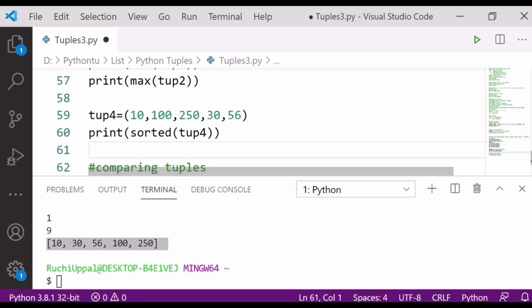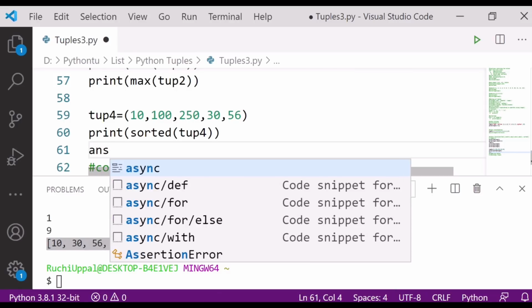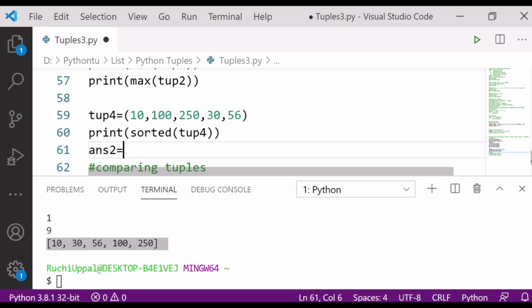So how to use it, just suppose I am writing here answer 2 is equal to, yes, no, again yes, again no. Fine, this much.